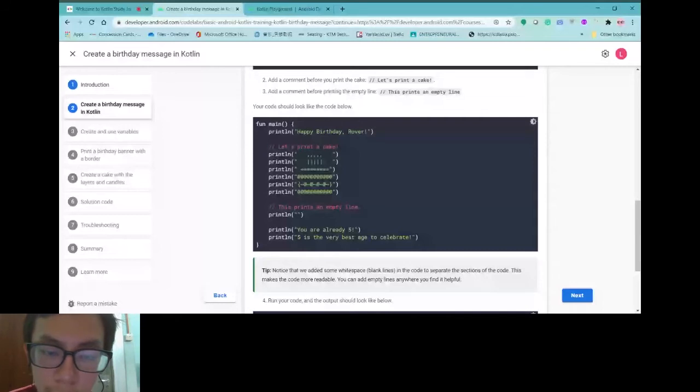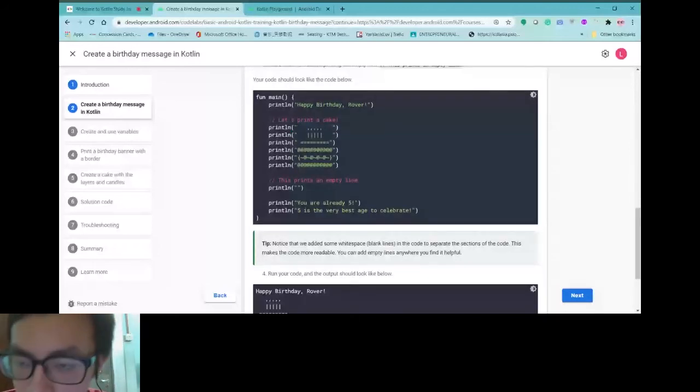If you do not include this line, and you maybe combine it or println like this, they will maybe see happy birthday, Robert, and maybe their eyes are not very good. They do not understand what this thing is. So they'll ask you, what is this all about? What does this symbol mean? But if you include, let's print a cake, they'll see that and think, oh, this thing is a cake. Okay, so they understand. That's the function of a comment.